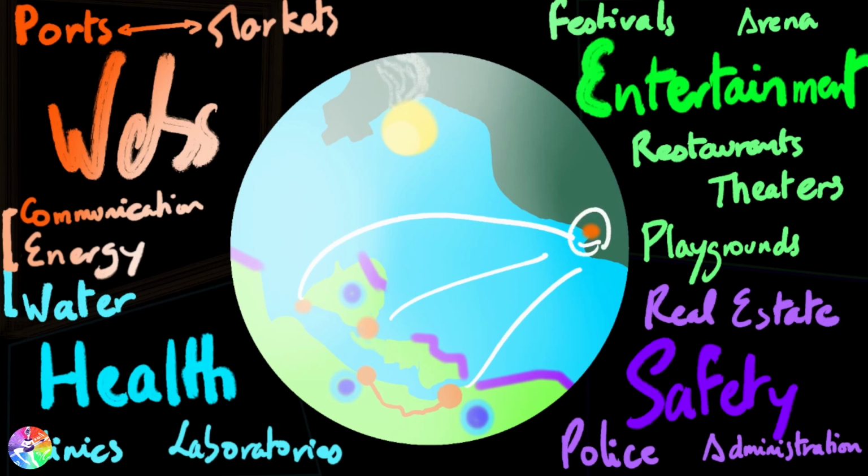Now, was this harbor built by the inhabitants of the land in darker green or by the inhabitants of the land in light green? Well, it's up to you to choose. But let's say it has been built by the inhabitants of the territory in light green. This would be a point of entry from this territory to the other one. So let's suppose that this territory hasn't been explored yet.